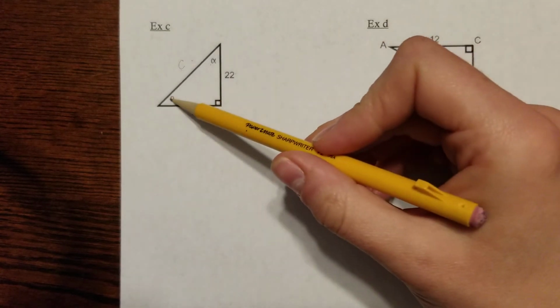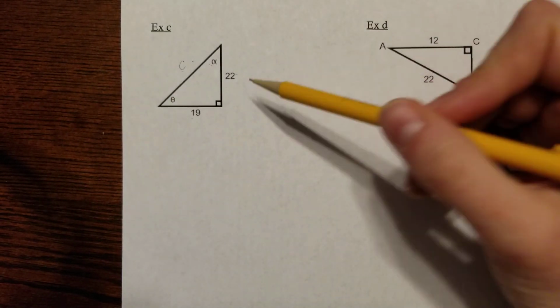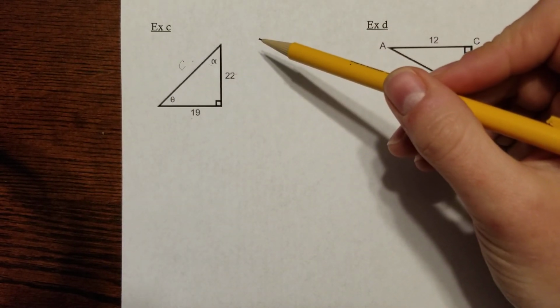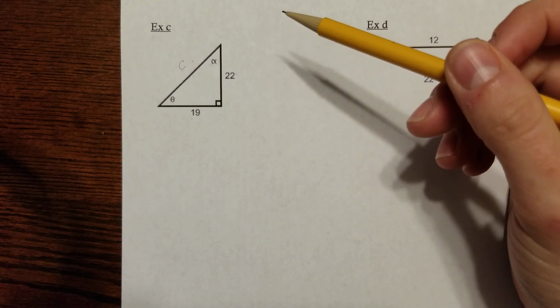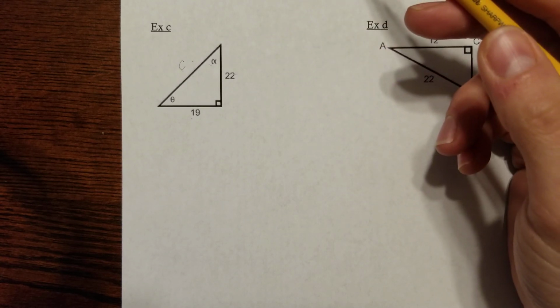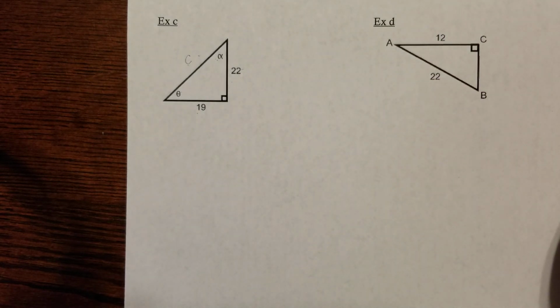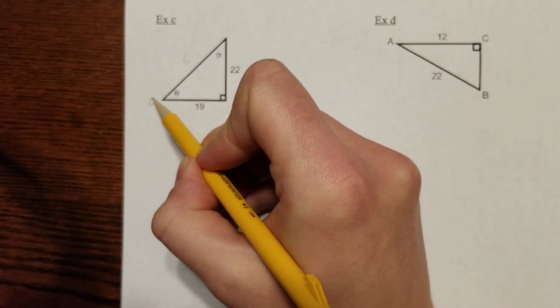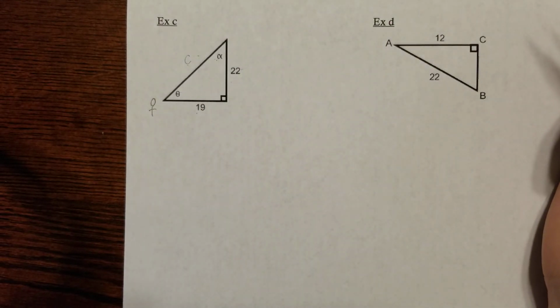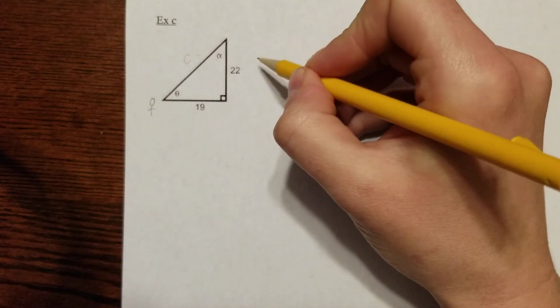Okay, so we're going to focus on theta and alpha though. So theta and alpha are in two different places, which means we're going to have two different reference angles. So we're going to have to think about this a little bit differently than we were thinking about finding missing sides. So it doesn't matter which angle you find first. I'm going to start with theta. So I'm going to put Bob right here. Now if I put Bob there, I'm going to label my sides. So we've got opposite,